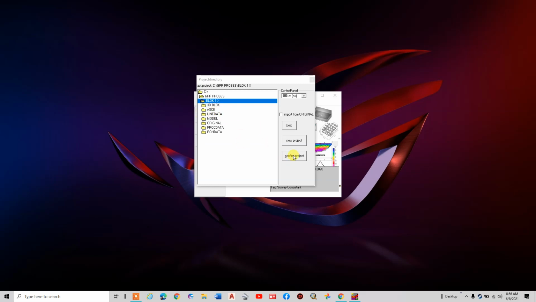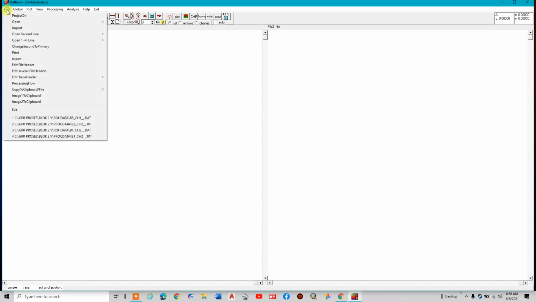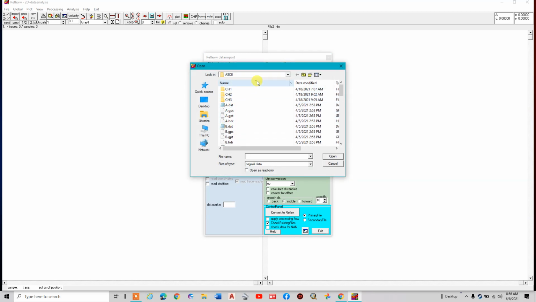And then I'll just confirm the project, 2D data analysis, and then you import the data. So the data is from GPR OTC, and I'll put it as an original name, nanosecond for the time dimension. Conversion sequence, I'll put it as parallel lines. Okay, and then I'll just put convert to Reflex, and see it goes straight to the ASCII folder that I've